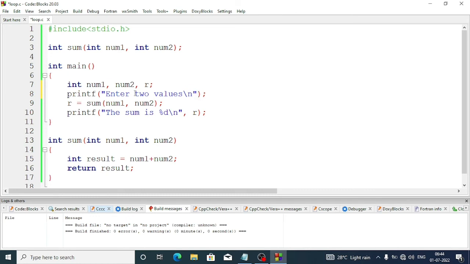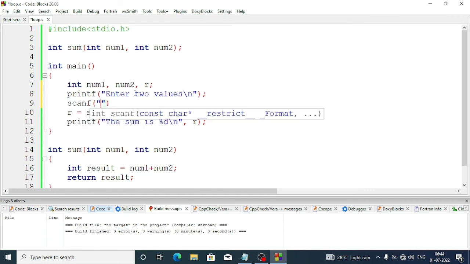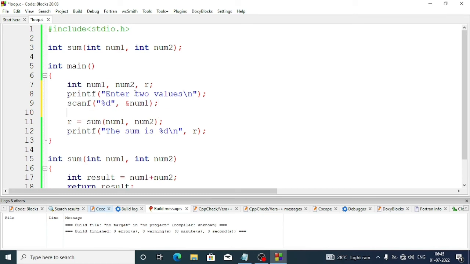Now we'll write scanf statement, and as I am accepting two values, so we can write %d, again %d, or just we'll write line wise %d, then ampersand num1 semicolon, again scanf